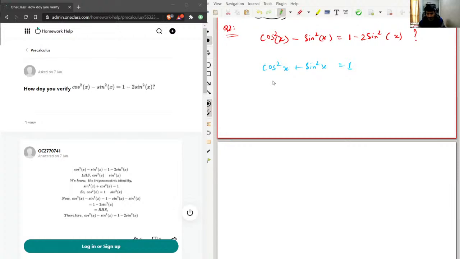I can solve this for cosine square x, so I'll get 1 minus sine square x. Basically, I have just subtracted sine square x from both sides. Now I will substitute the value of cosine square x in this one. So it will be 1 minus